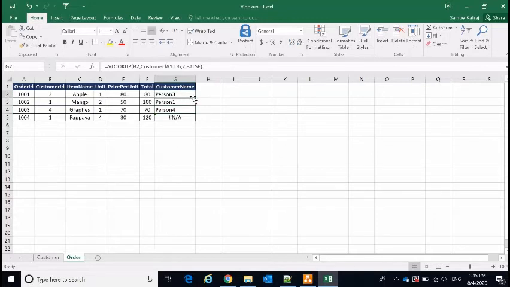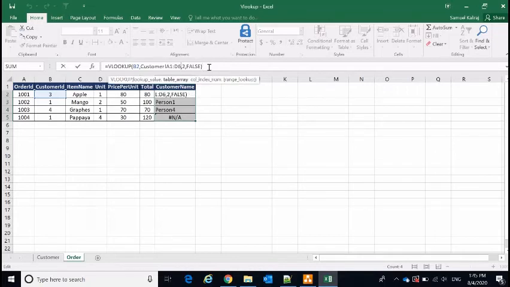So why is it so? Because we scrolled down the formula. So how can we avoid this? What Excel will do, if you are trying to copy the formula, it will increment the cell value.